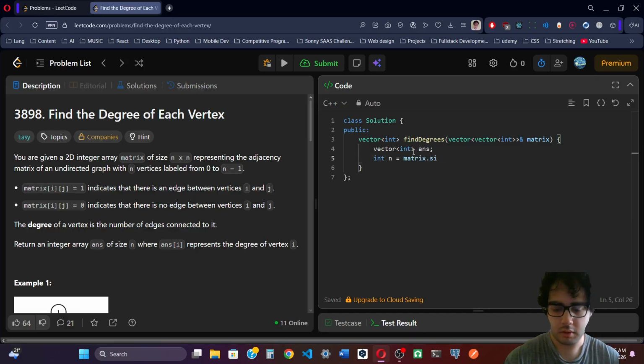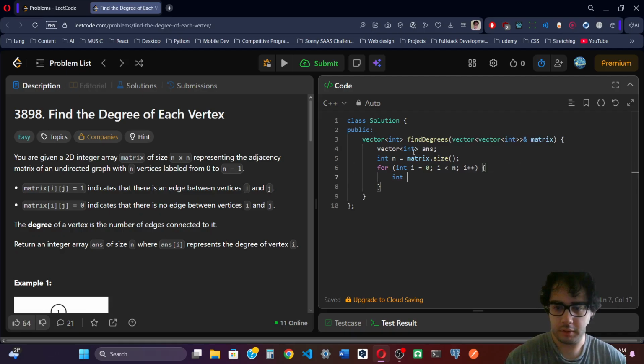size. Matrix size, and then I get 0, i less than n, i plus plus. Okay, and then we're just like count is 0 and m is matrix of i dot size. So i dot size